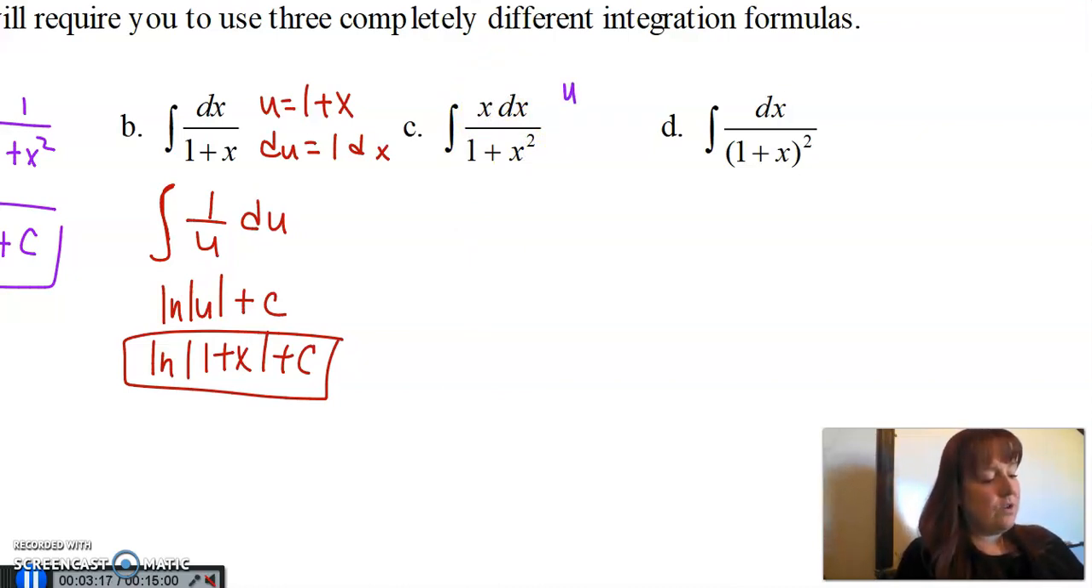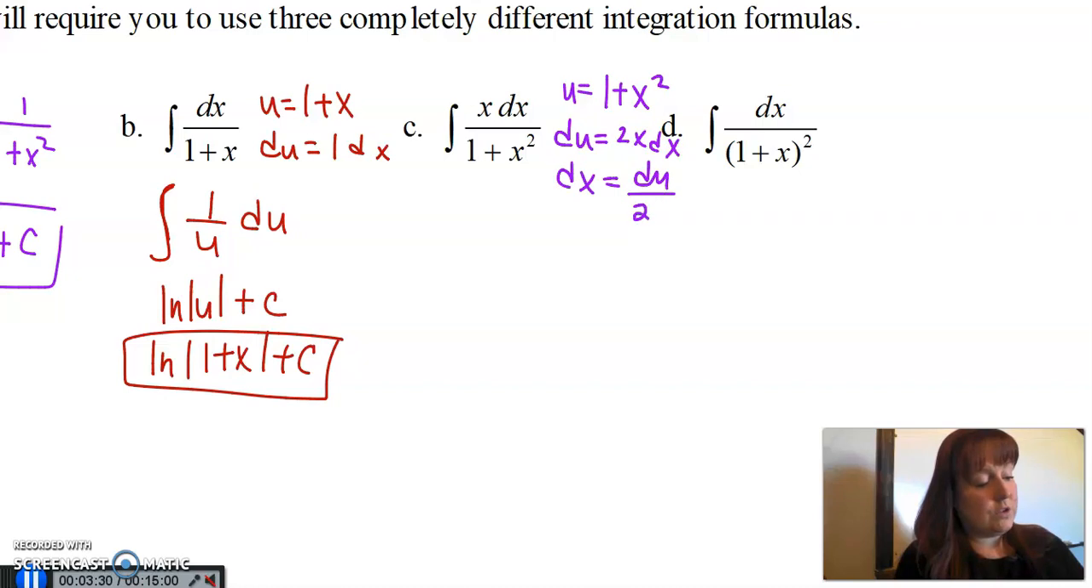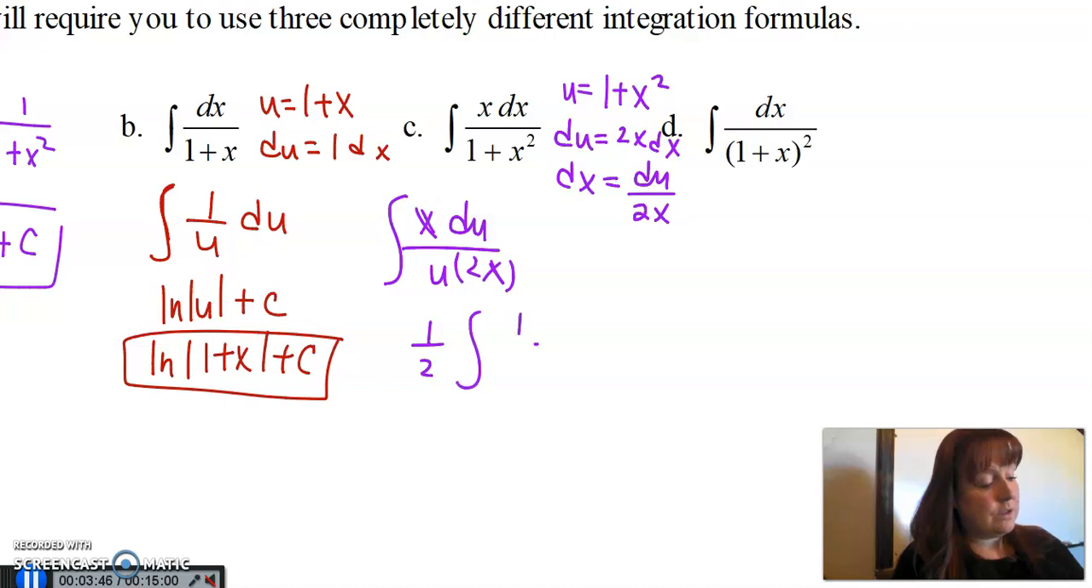So I have u equals 1 plus x squared. Therefore du equals 2x dx. Therefore dx equals du over 2x. All right, so now I know from looking at that that's going to do what I need it to do, right? So I have the integral of x du over u times 2x. The x's cancel out, and I put 1/2 on the outside of my integral times the integral of 1 over